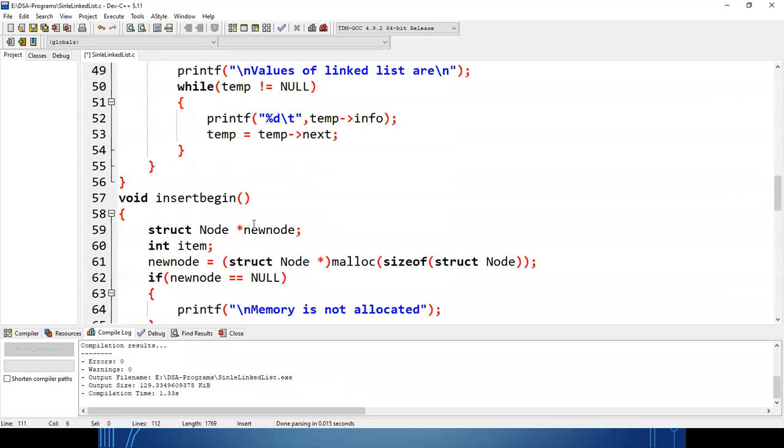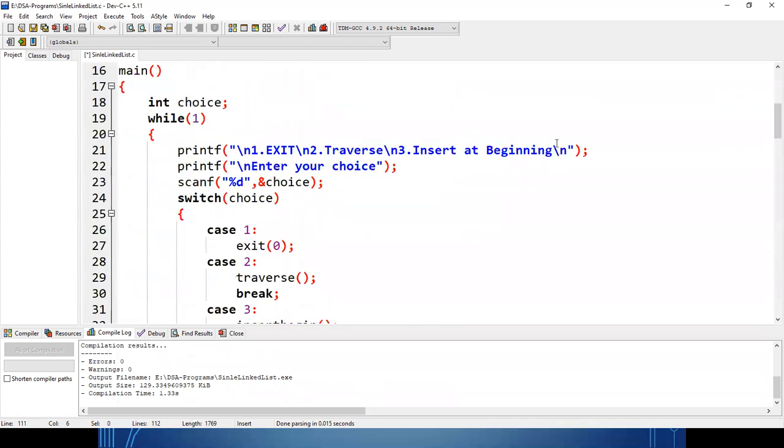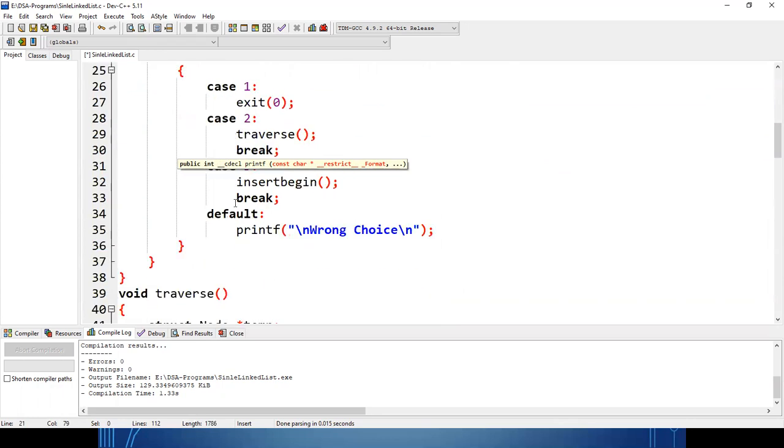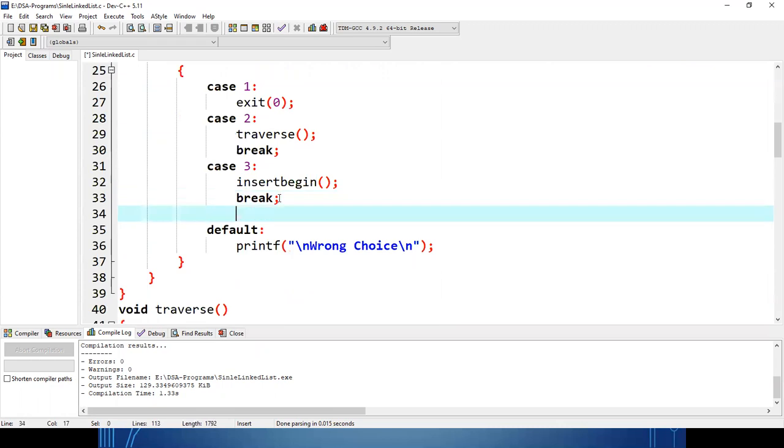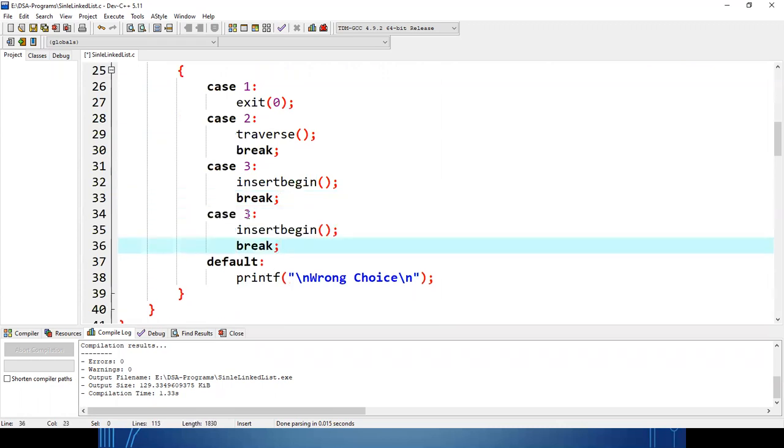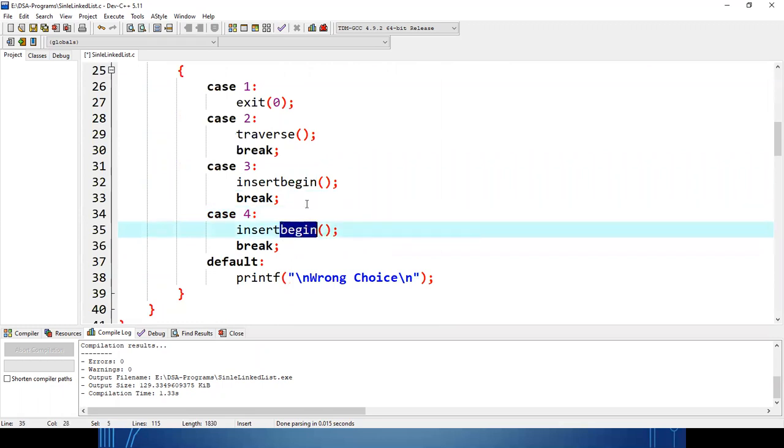Then here I have to add one more option again: insert at end. Case for insert end.